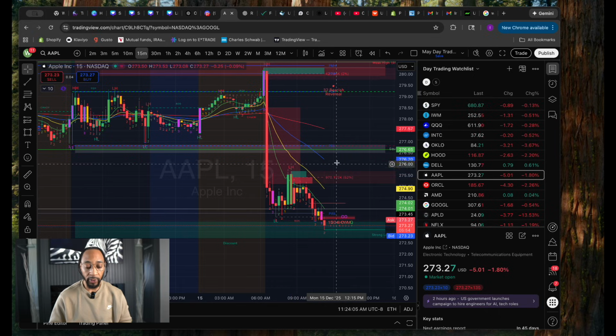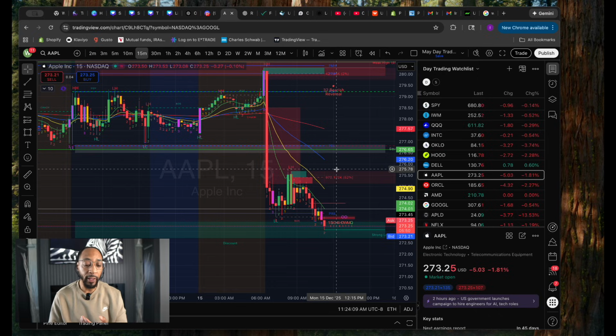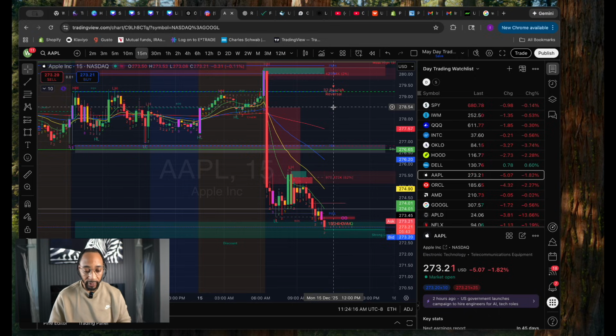Okay? So fair value gaps, they literally have changed the whole game for me because it all just makes so much sense. It is an area of liquidity, and I use fair value gaps every day in my trading, and it helps me tremendously. Because if you think, okay, the stock came down and we're about to come right back up, it's going to reverse. Understood, but we need to see if we're going to be able to get above this fair value gap,